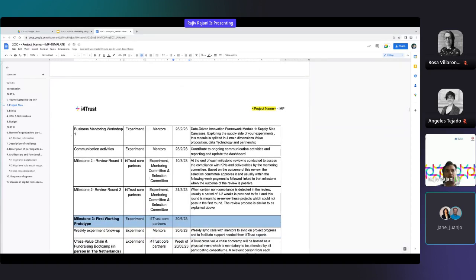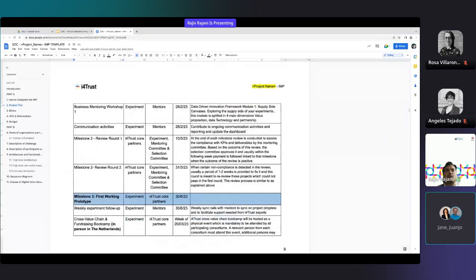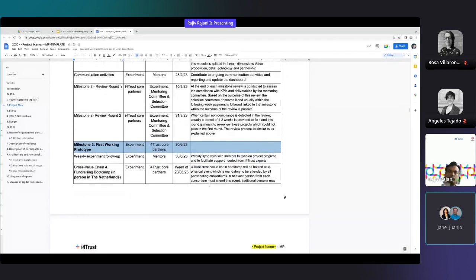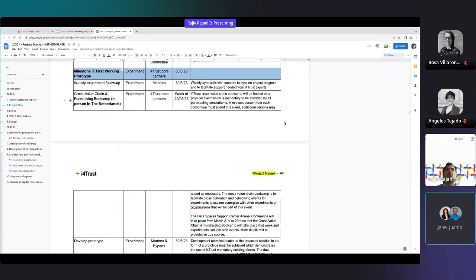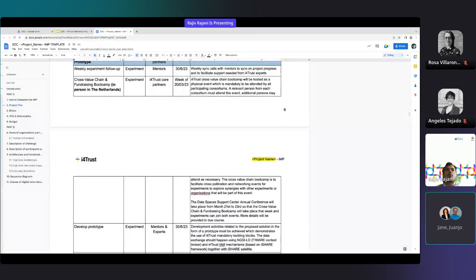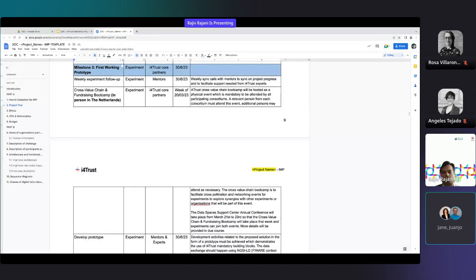There are other items here, and of course the second milestone is also followed by the same review process. And with that, we go on to milestone 3, where you are working on the first working prototype. Your focus there is to develop the prototype, which is basically your proof that the solution also works fine in your situation.